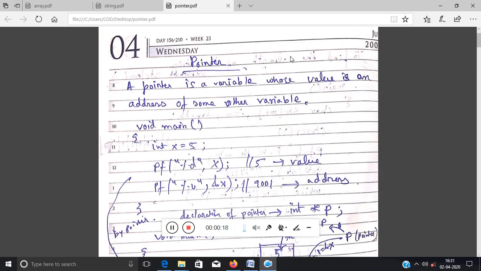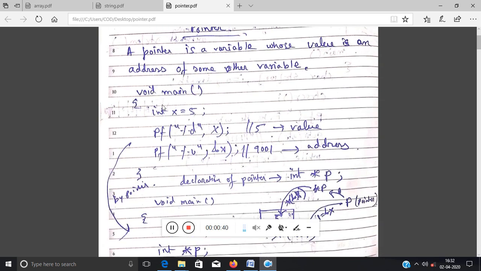So, what is a pointer? A pointer is nothing but a variable whose value is actually the address of another variable. What is the difference between a variable and a pointer? A variable can hold a value, and a pointer is itself a variable, but it can hold the address of another variable. So suppose I am taking void main, int x equal to 5, I am printing %d x and